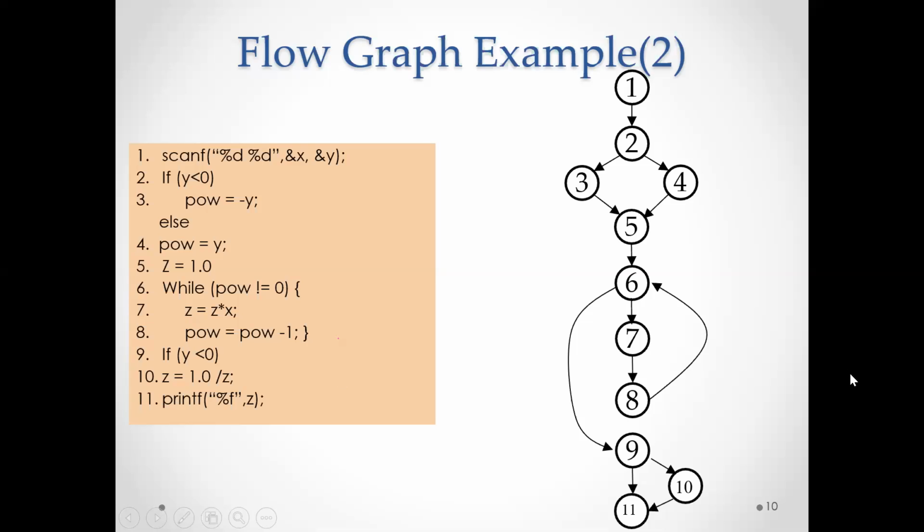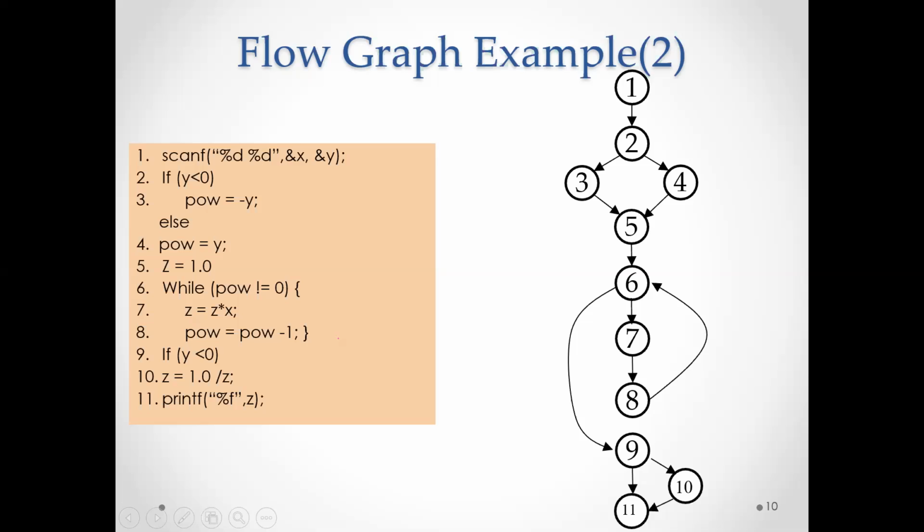So looking into this, they have written the flow graph. First statement, after that the second statement needs to be executed. The second statement is a predicate statement, so it can take either the route of 3, going to execute the 3 statement, and then go with the junction node, that is nothing but your fifth statement. Junction node is where it will be connected with respect to your predicate. That means 3 or 4, whichever is executed, it will reach your fifth statement.